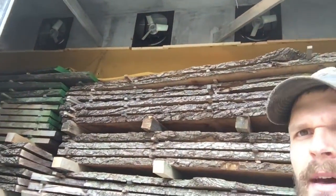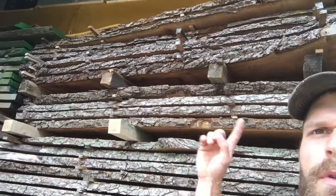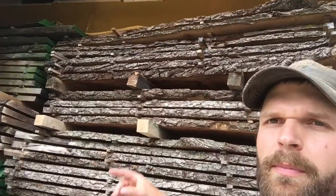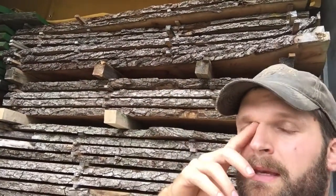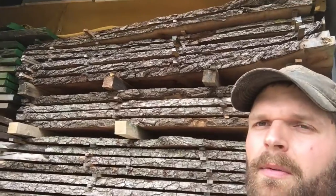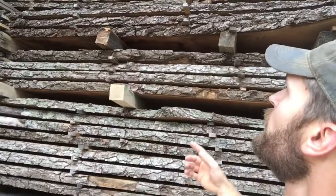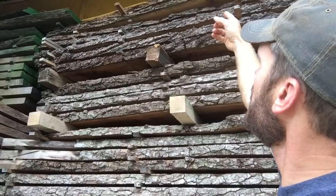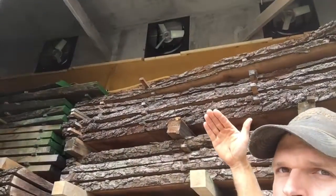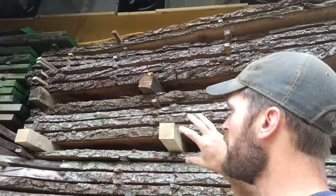You can see up here top, we have what's called a fan wall. There's four fans at the very top, and then a burlap tarp going from the fan wall to the top of the stack. That needs to be sealed off, and then that basically creates a path for the air to move through. The fans are blowing here, and so that causes this side to be pressurized and forcing air movement